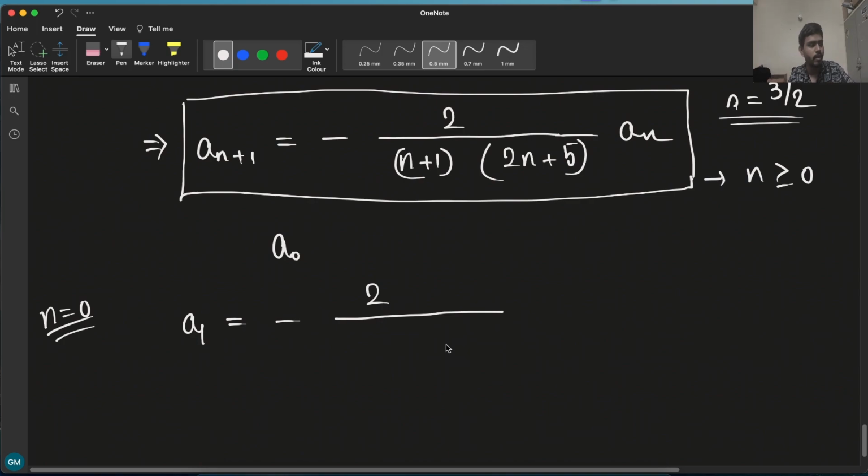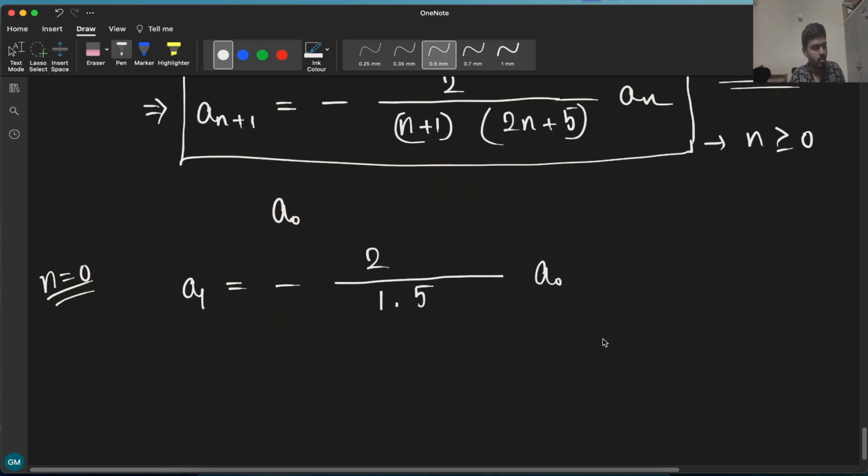So it is 1 times 5 times a0, right? Then if I put n equals to 1, then a2 will be minus